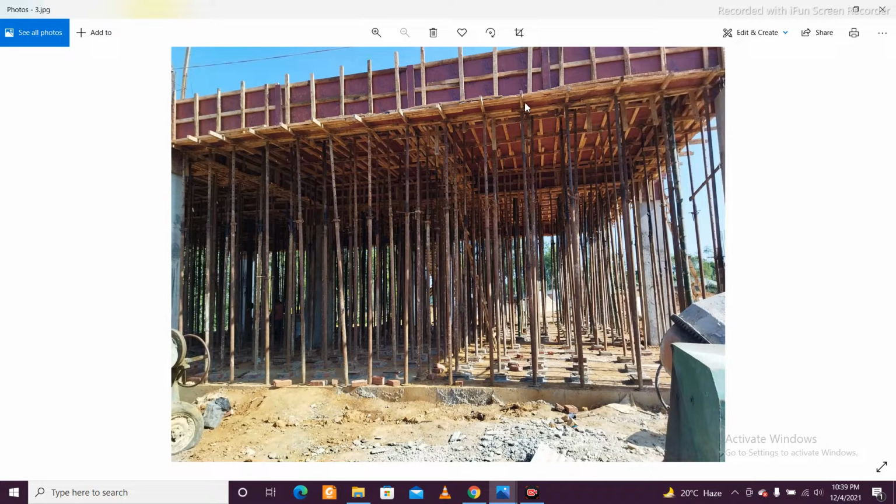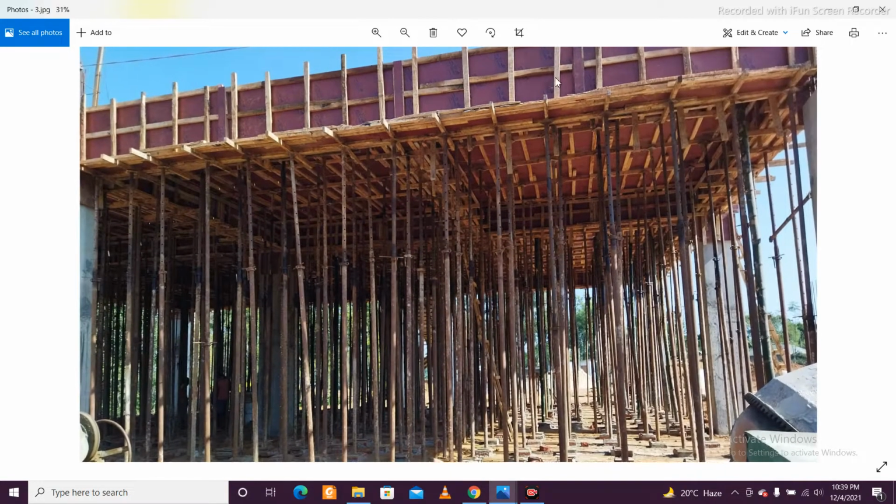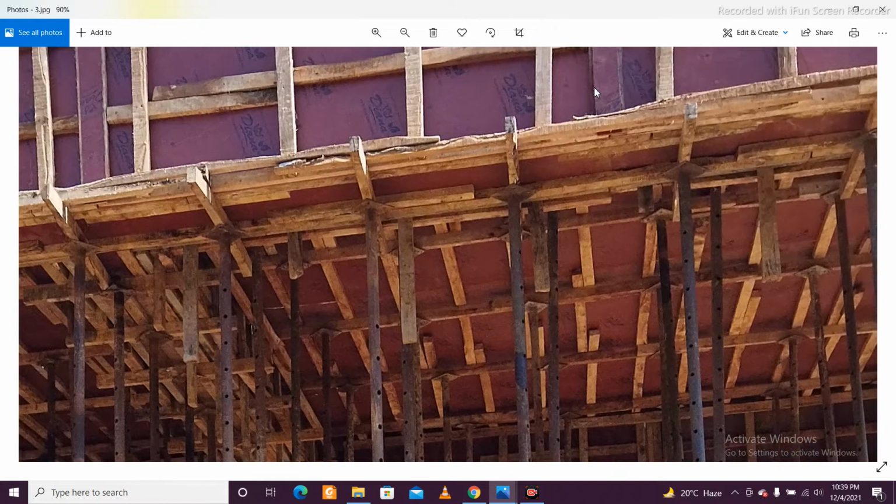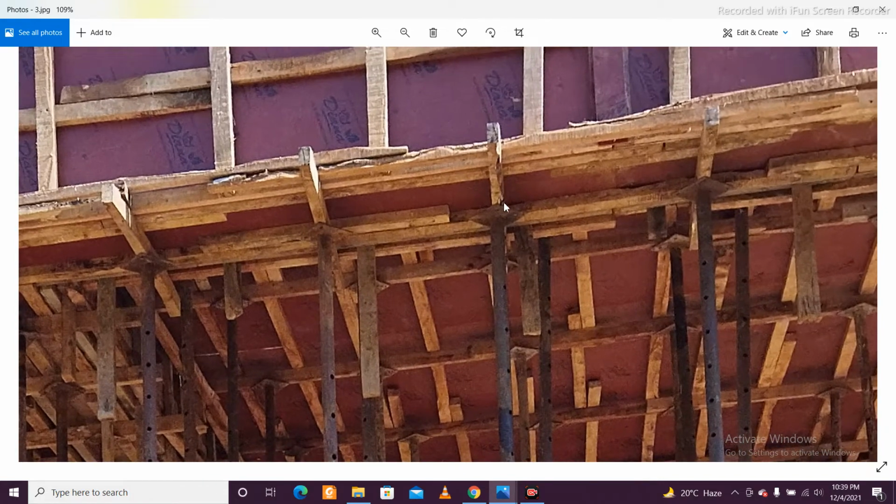Another thing which many people make a mistake on is the shuttering for the beams, as you can see, where the prop is being supported. So this is the beam, your ply, and in this ply there is a button, and below the button this prop is supported.